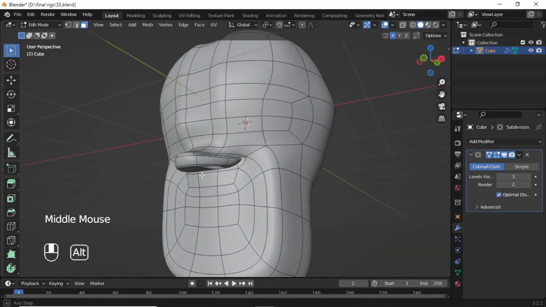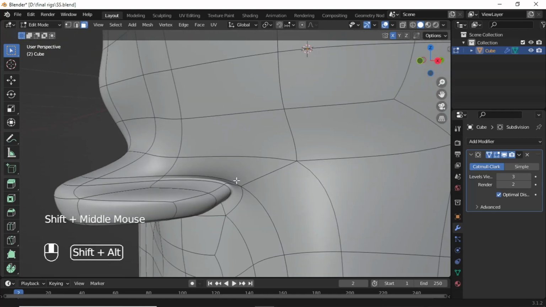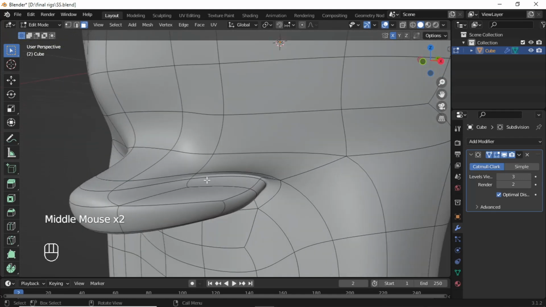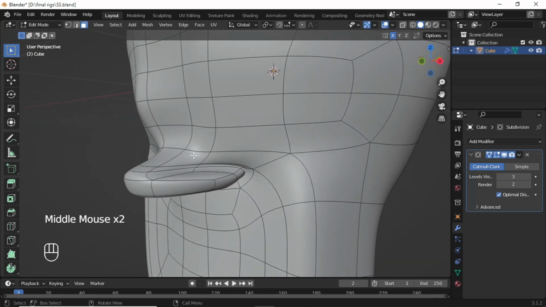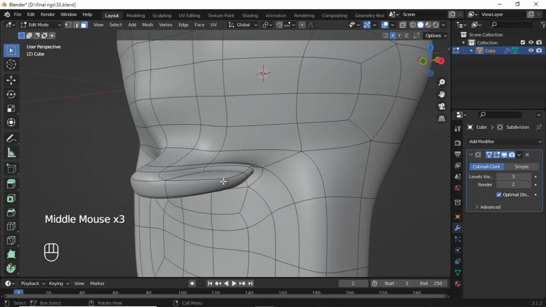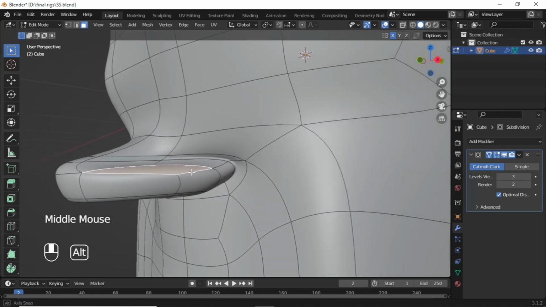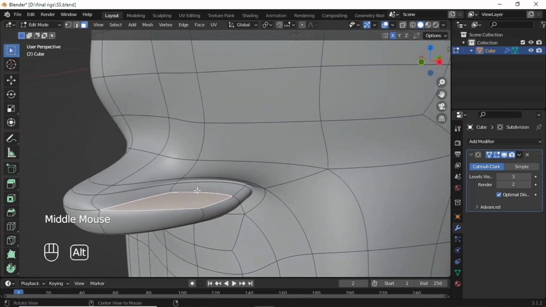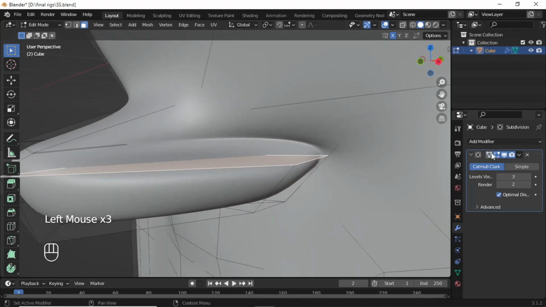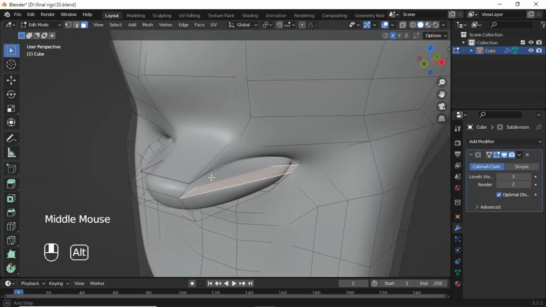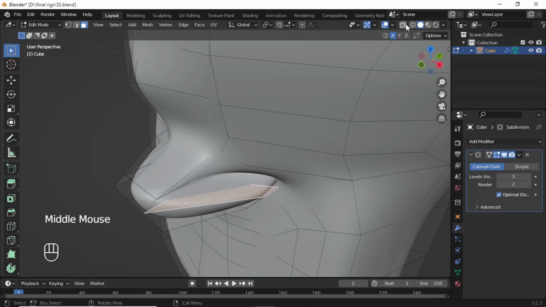Here comes the most difficult part now. Here you can see this loop going from top and to the side like this. What we need to focus on is this face right here. We will go to our modifiers tab and disable our on cage option right there with our face selected, and